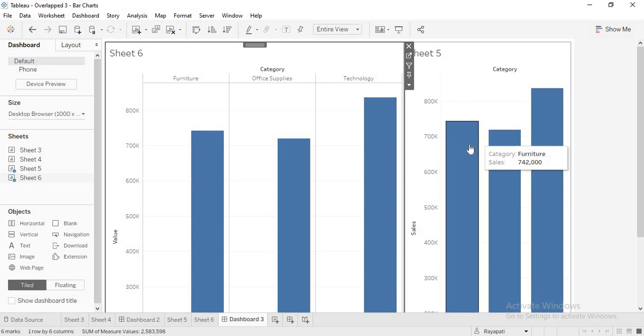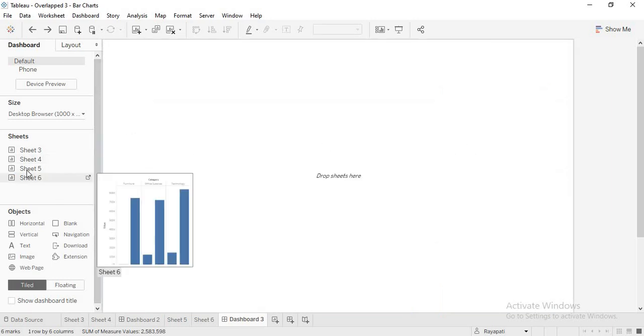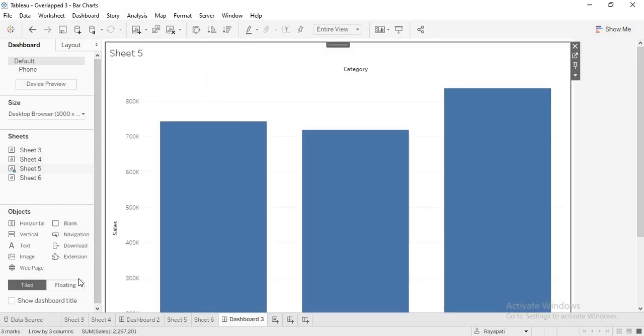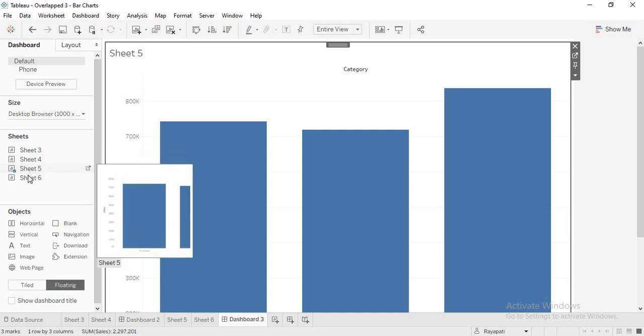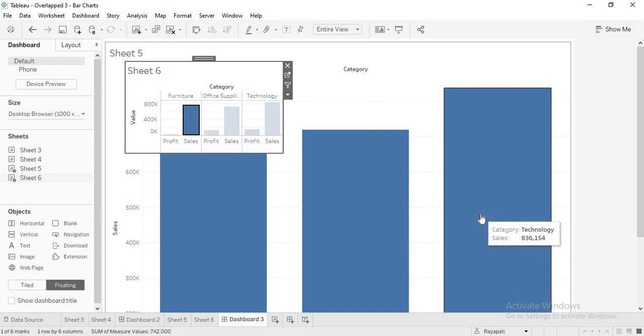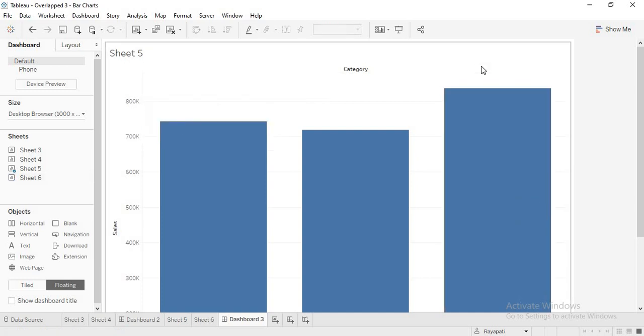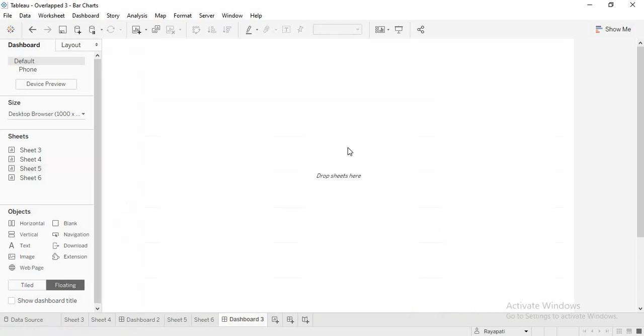Again, there might be one more thought: why can't I take one as tiled and the other as floating? I'm not saying this is not possible, but when I tried, the issue is the axis matching, and that all became a problem. So my suggestion is to use only and only floating sheets.